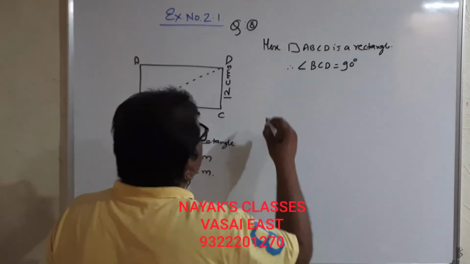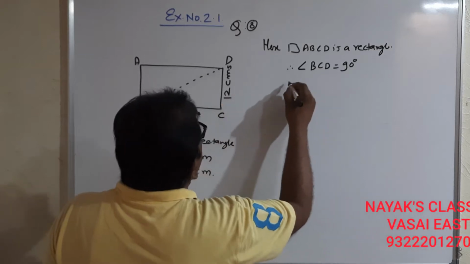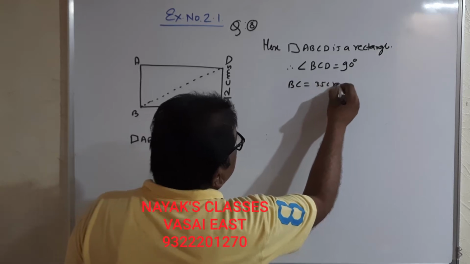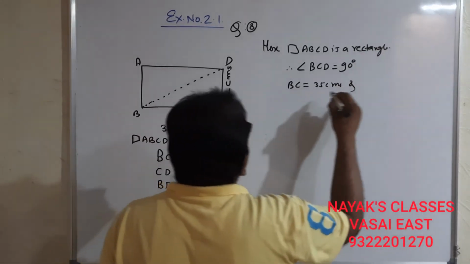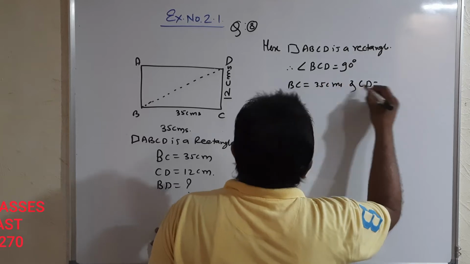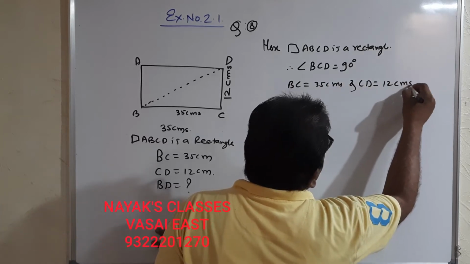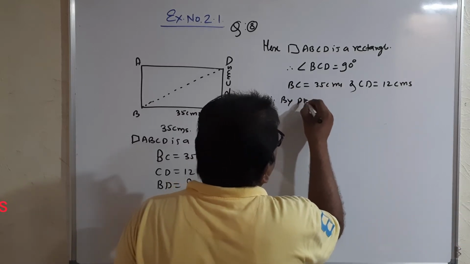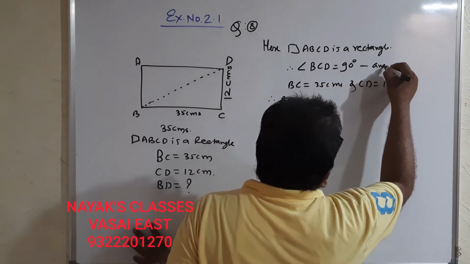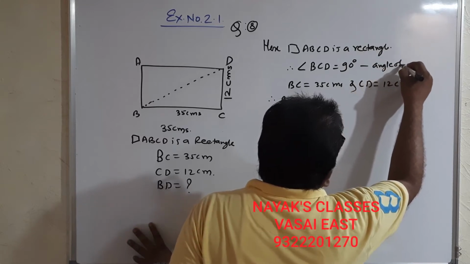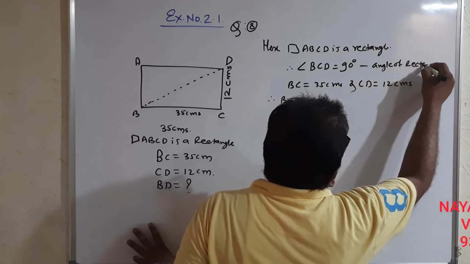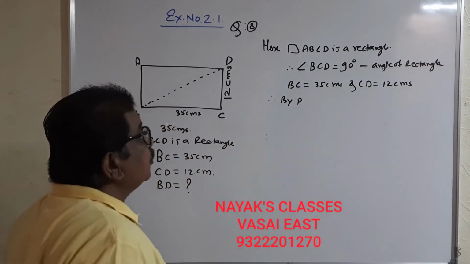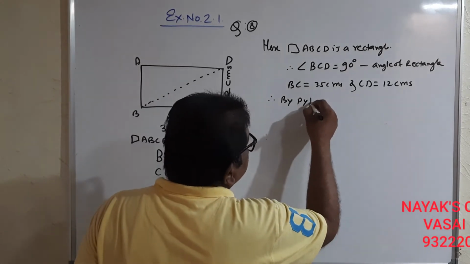And BC equal to 35 centimeter and CD equal to 12 centimeter. Therefore, by Pythagoras, the reason you must write is angle of a rectangle. So, by Pythagoras theorem,